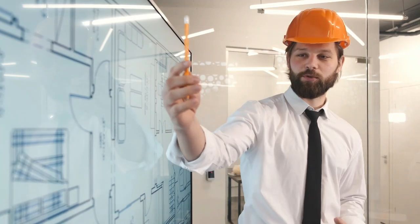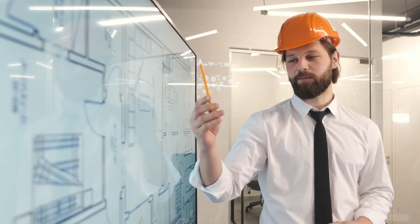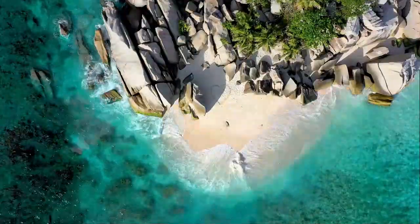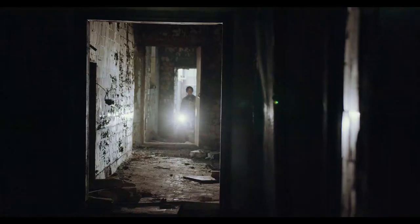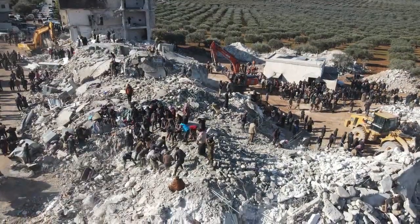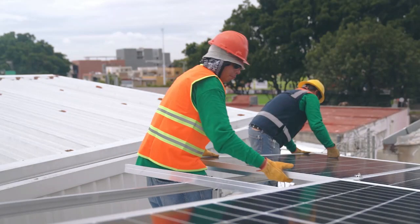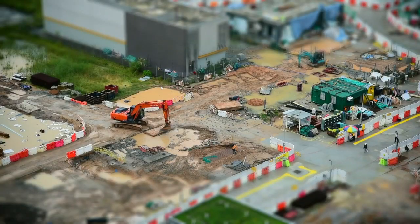First, let's talk about the challenges of building in earthquake-prone areas. Earthquakes can produce several types of seismic waves that can shake buildings in different ways. These waves can cause the building to sway, twist, or vibrate, which can lead to structural damage, collapse, or even total destruction. To prevent this from happening, architects and engineers have come up with several strategies to make buildings more